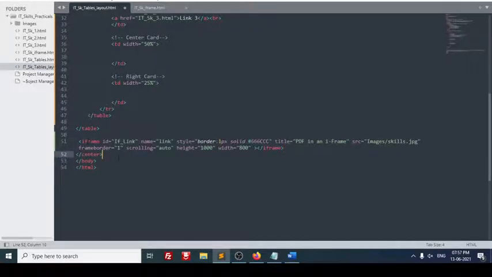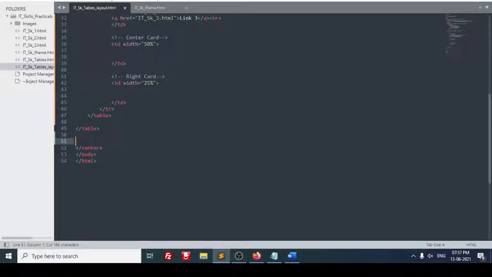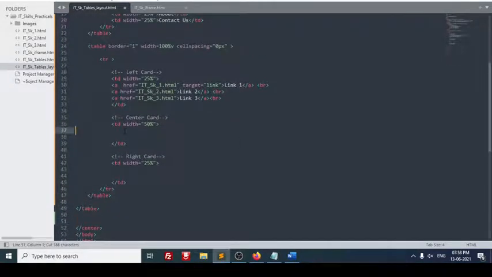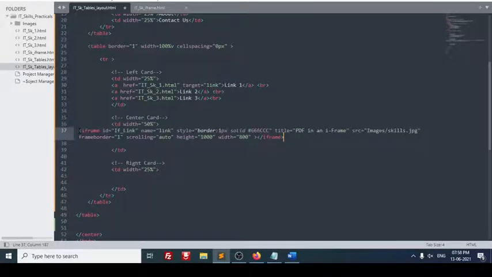This is iframe. So let us understand exactly what an iframe is. An iframe means if you have one web page, an HTML page, and you want to display it in that particular frame, you can display it. By default, see here, I have set src to images skills.jpg. I want this iframe to load here, in the middle window, right? It is 50%. Later, if the width is not sufficient, we will change the width.